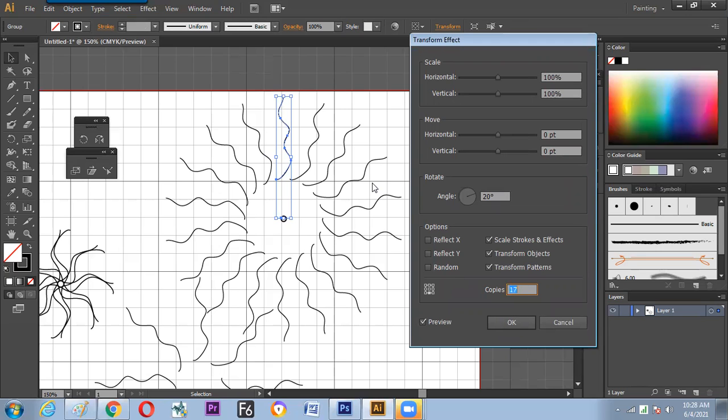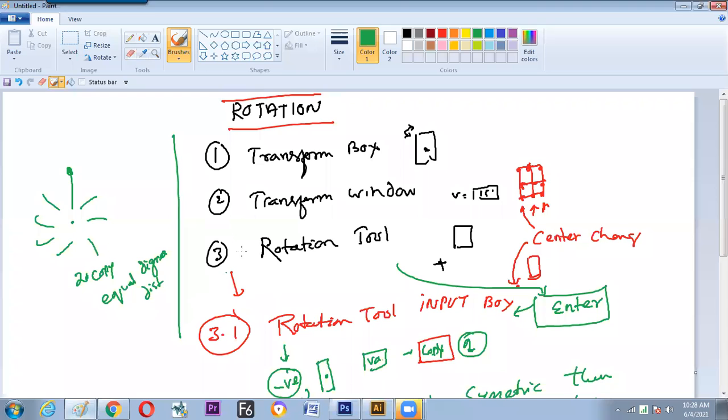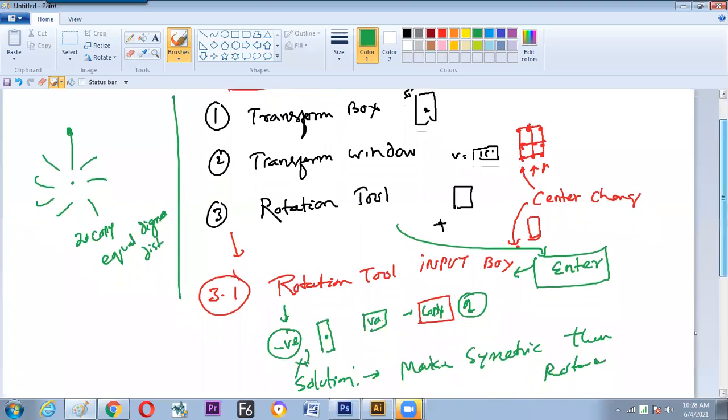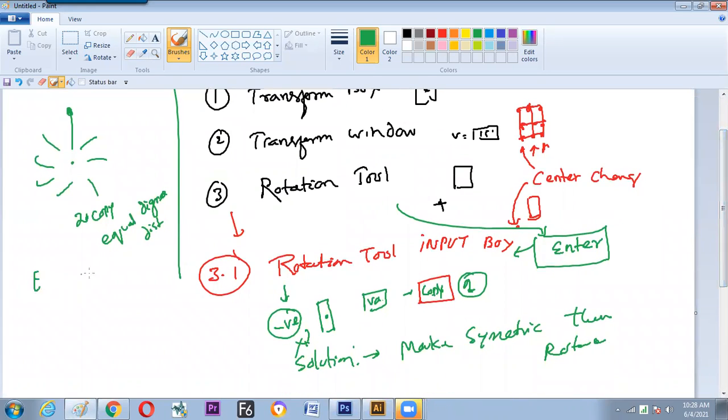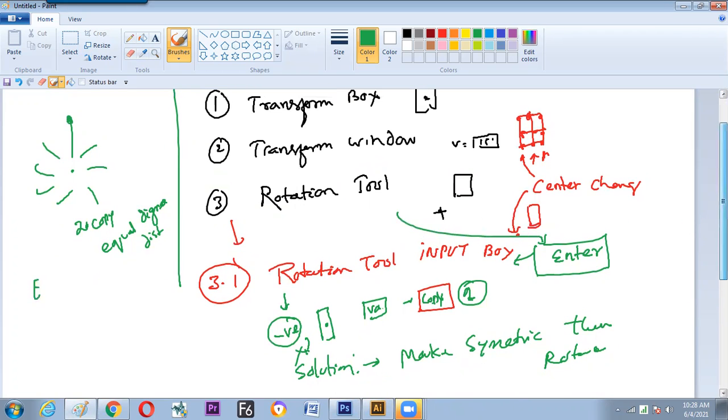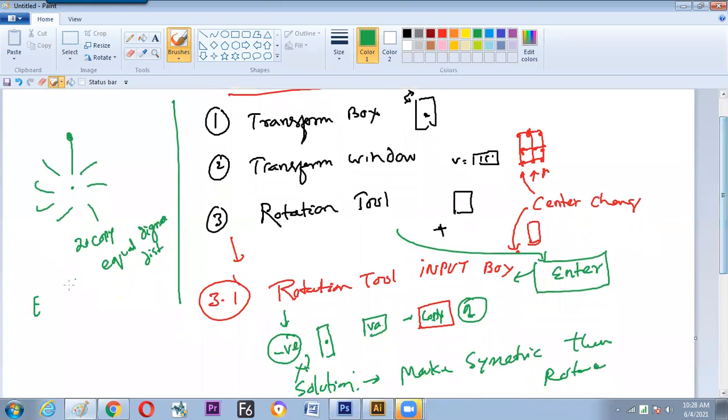Is it okay? So what is the solution you have seen now? The higher form of the rotation is done through the effects because it is not capable. That's why they have created an effect called transform effect in the effect window. Effect,